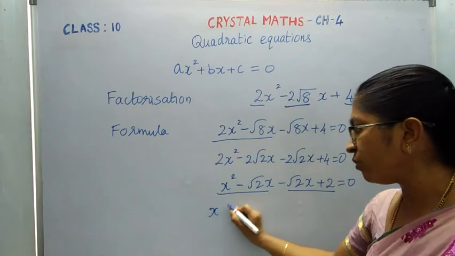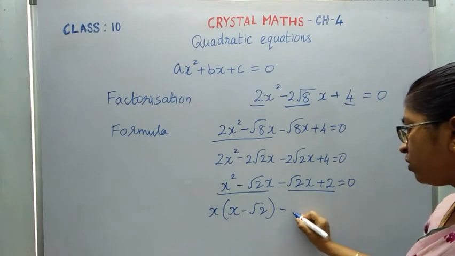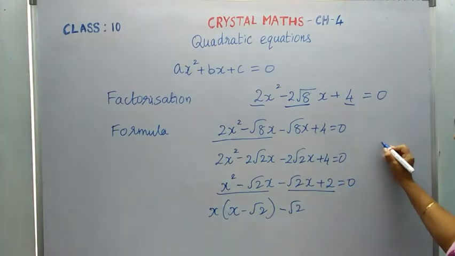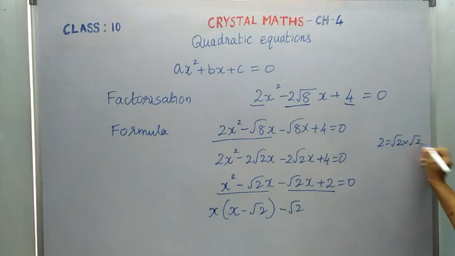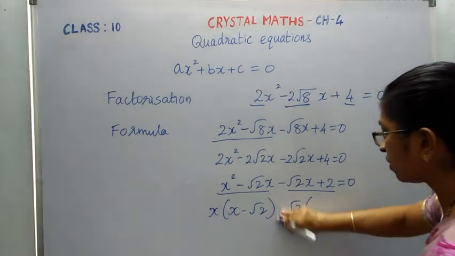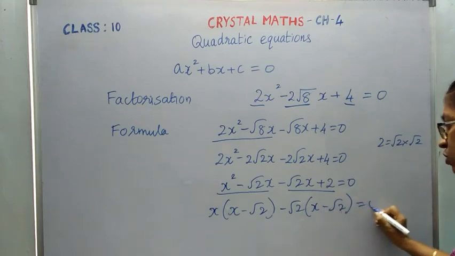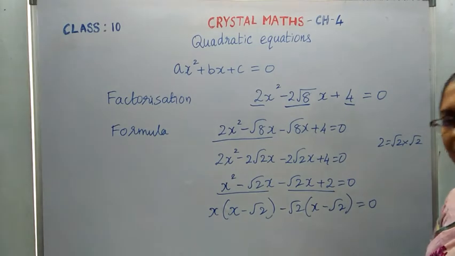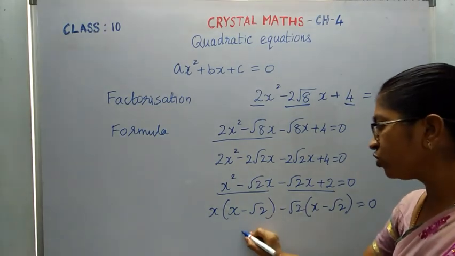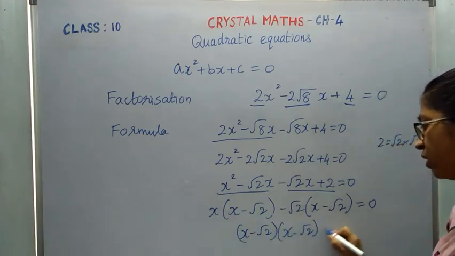If we are taking common one means we are getting x minus root 2 and root 2 we can take it out common. Because 2 can be written as root 2 into root 2. So, root 2 if I take it out, I will get minus x minus root 2. To avoid that, what I am doing, I am going to take plus root 2, minus root 2 if I take it out, I will get x minus root 2 equal to 0. Remember, in both brackets, we should have the same thing. Then only our answer will become right. So, which is equal to x minus root 2 into x minus root 2 equal to 0.